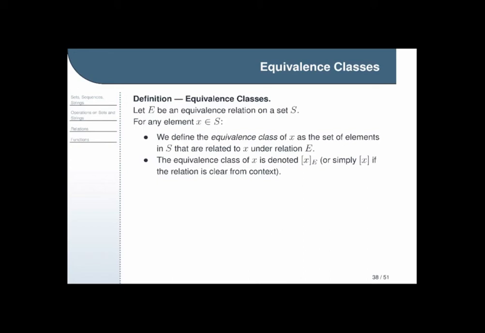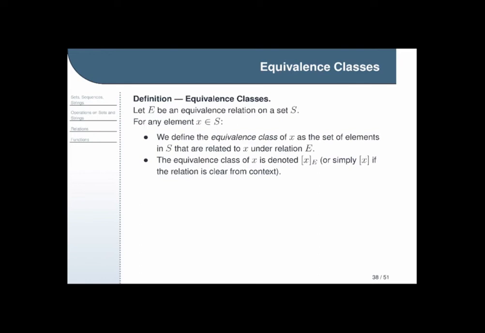But assuming I've defined E, then this says we have an equivalence class with respect to this equivalence relation. That's useful if you're talking about multiple equivalence relations at the same time. But if it's obvious what equivalence relation you mean, like just equality, or you've already defined this, then we can just write X in brackets